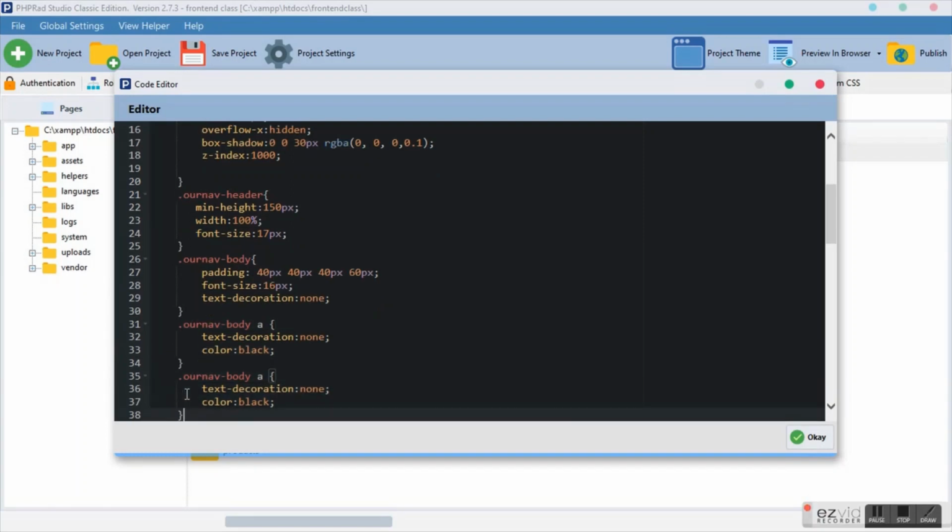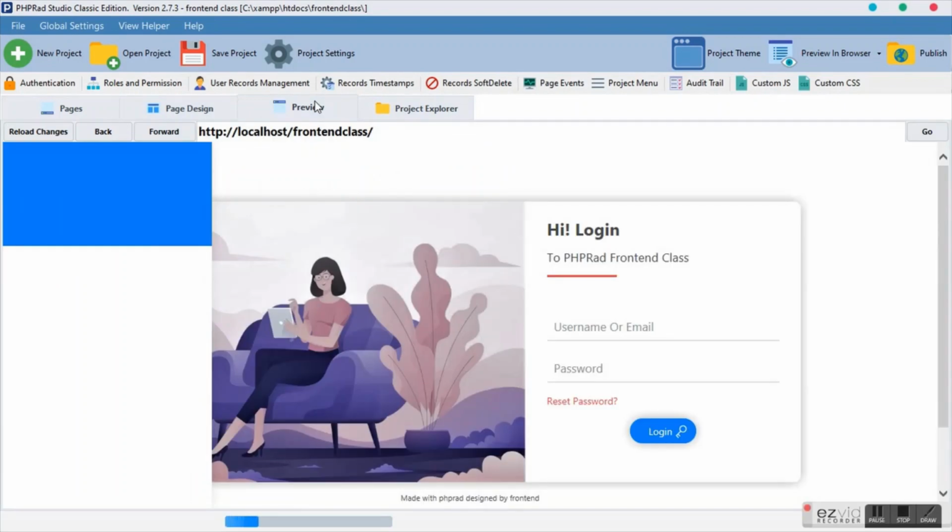We do the same thing here, paste it, and on hover we don't want to have any text decoration and stuff. So preview it, and